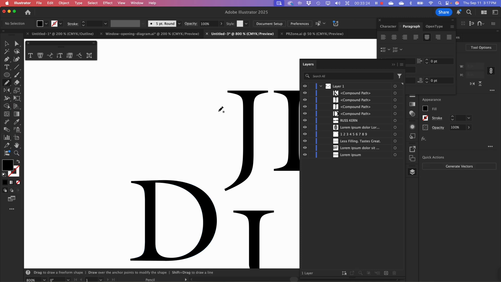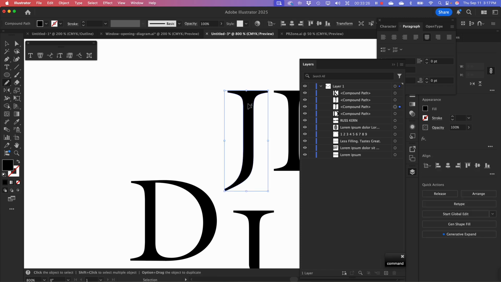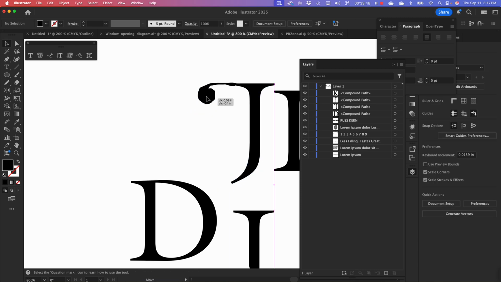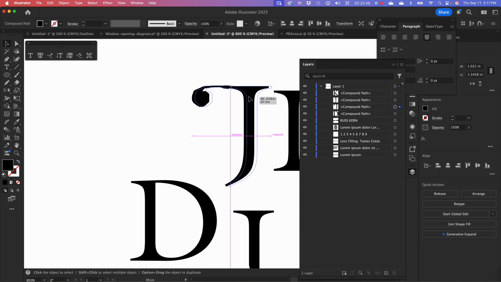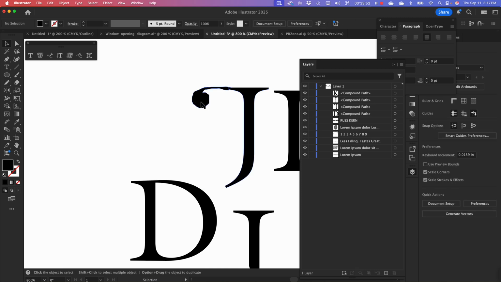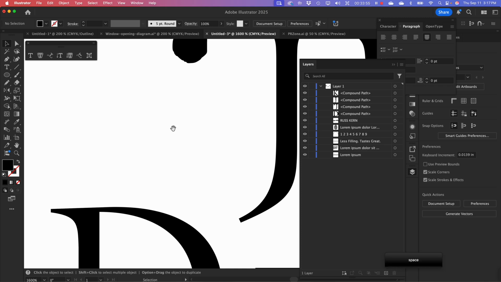I'm going to grab my pencil tool, select the J, and I'm just going to come as close to these points as I can, and I'm not very good with drawing with a mouse, but if I do something like this, it'll actually join it to the character. That's horrible. Hold on. If I do it right,